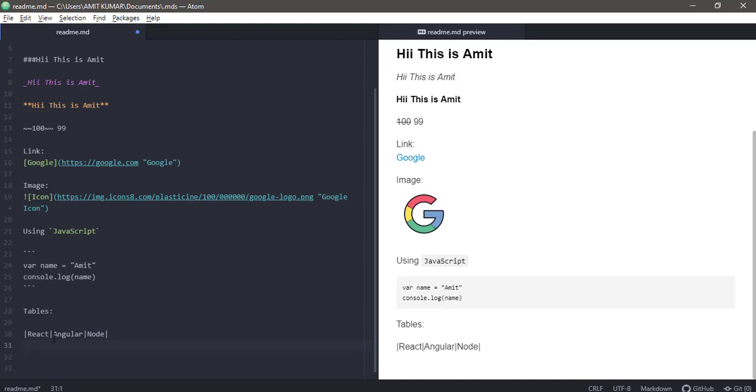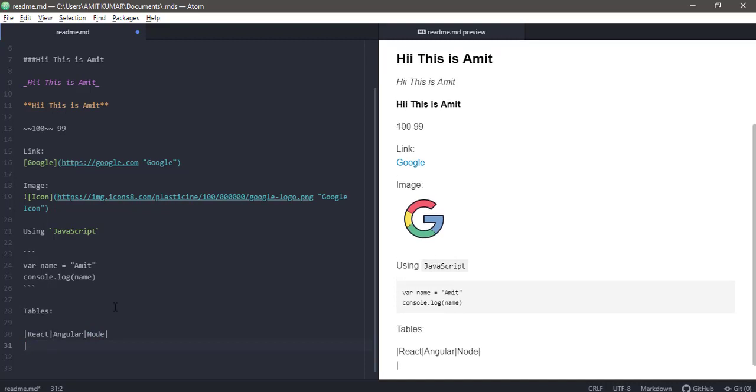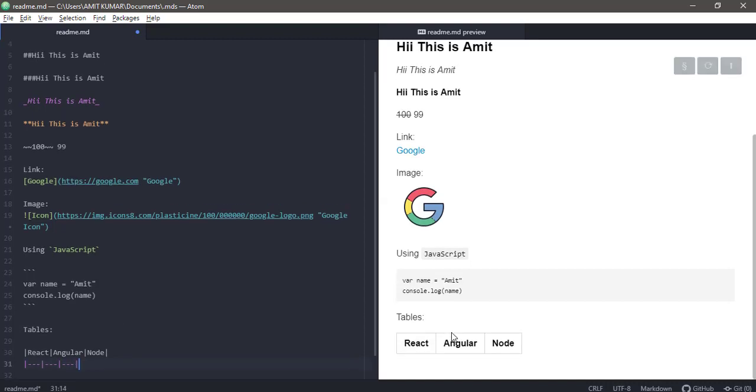Suppose we have to represent it as a table, so make sure that you give the pipe symbol and then at least three dashes, then again three dashes and the pipe sign, then again three dashes, then again a pipe sign. So you can see here that it has been successfully shown as a table.